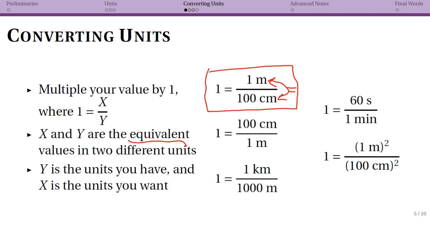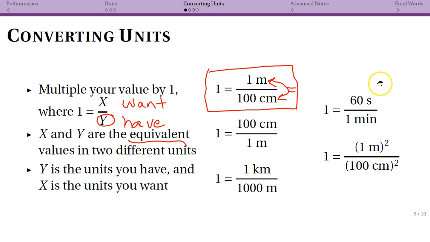So in general, the value on the bottom is going to be the units that you have, and the value on the top is going to be the units that you want. Now, because 1 is equal to 2 things that are equivalent, you can in fact just flip this upside down. So instead of 1 meter divided by 100 centimeters, you could have 100 centimeters divided by 1 meter. Which of these you choose depends on whether you have centimeters and want meters, or you have meters and you want centimeters. You can use this with really any type of unit conversion, for instance, meters to kilometers,